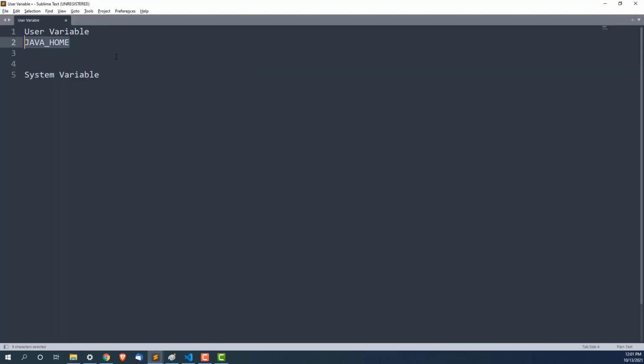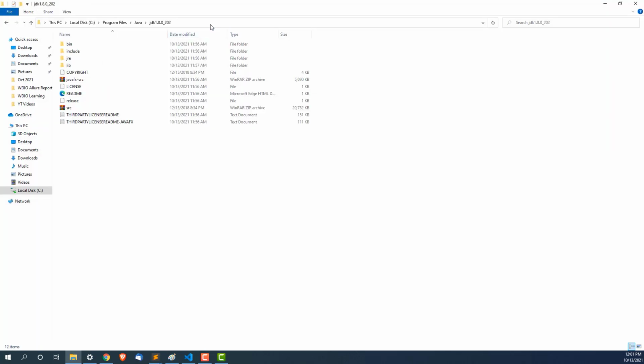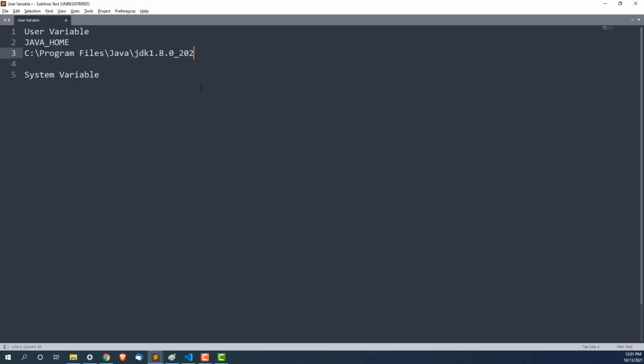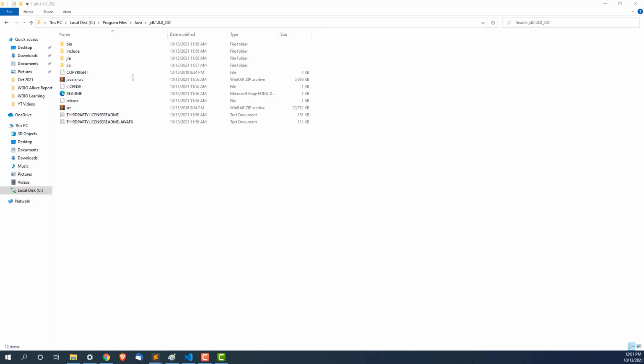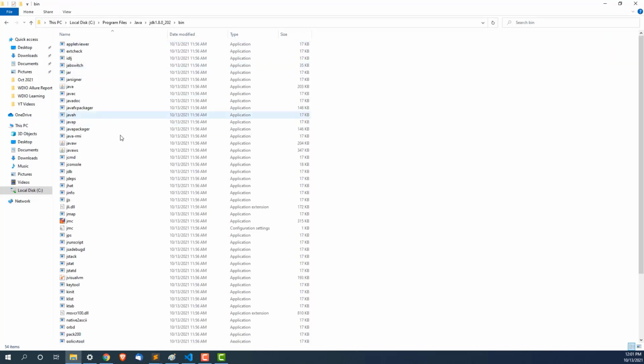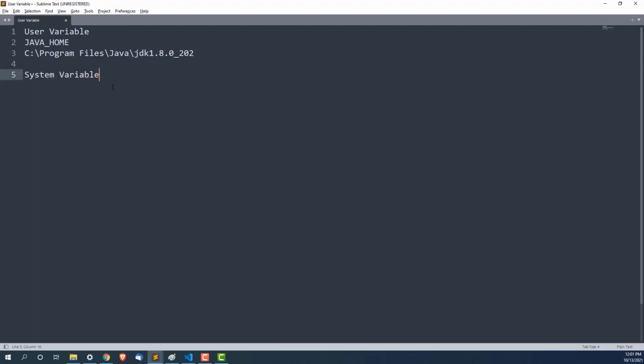So JAVA_HOME, make sure it is exactly the same, JAVA_HOME all in caps, and this is the location that we need to set. Now in the system variable, we have to give the path till bin. This is the binary folder, and in the system variable, we have to give the path till here. So I will copy this as well and paste here. These are the two variables that we need to set.